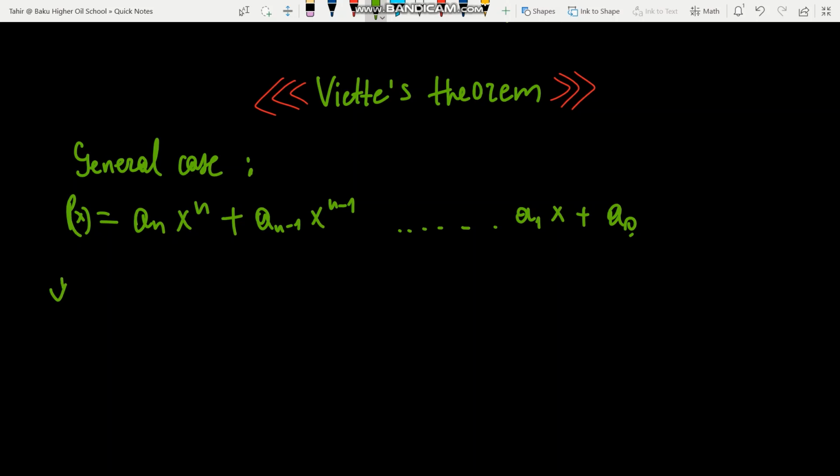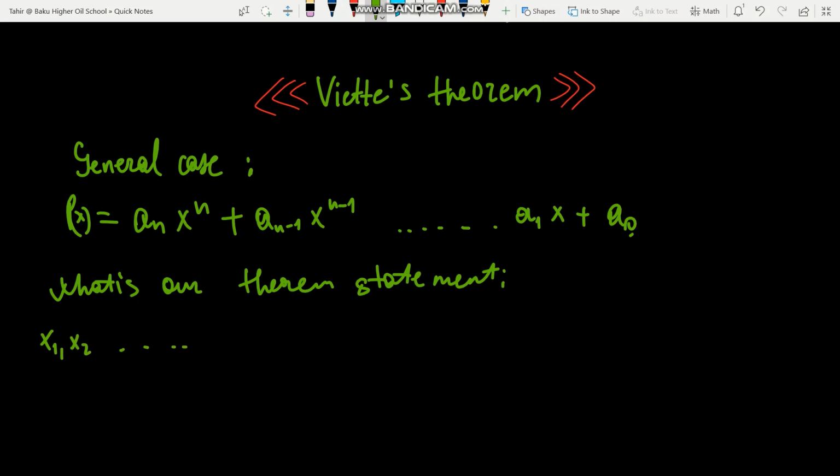And what is our theorem statement? Theorem says that if x1, x2 till xn are the roots of our function p(x),